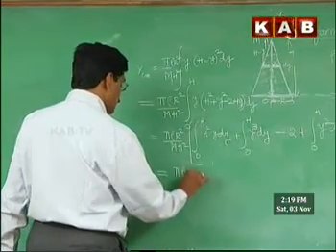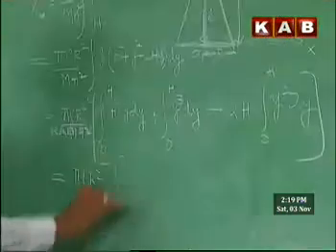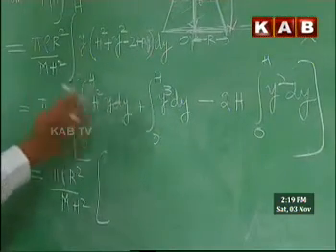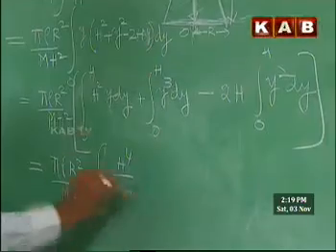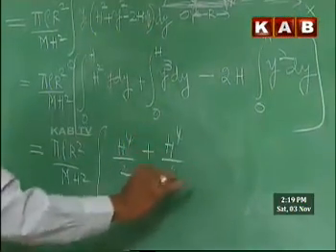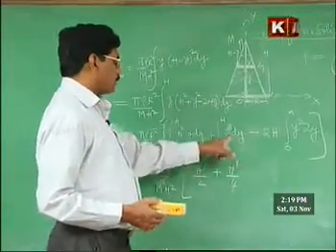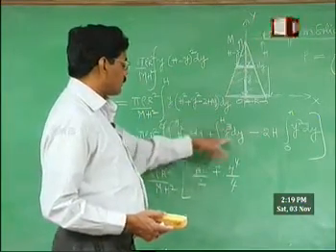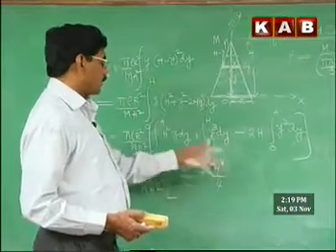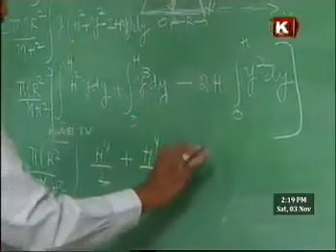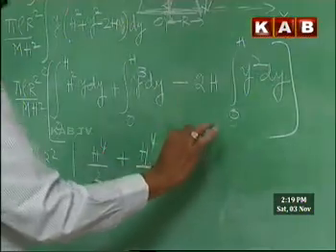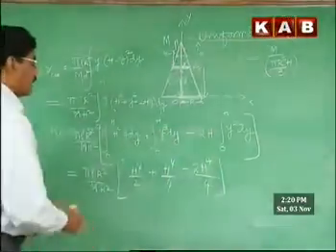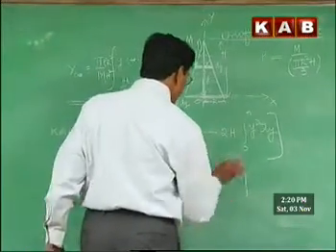Pi rho r square by mh square, integral h square y dy is h square times y square by 2. Y square is h square, means h to the power of 4 by 2, plus h to the power of 4 by 4, because integral of y cube dy is y to the power of 4 by 4. Substituting the upper limit h, and lower limit 0 will not have any contribution. Next one is 2h into y square, y cube by 3, therefore 2h to the power of 4 by 3.